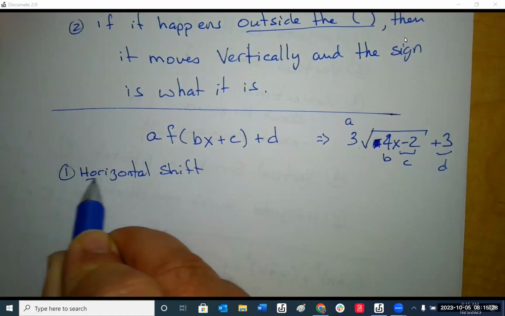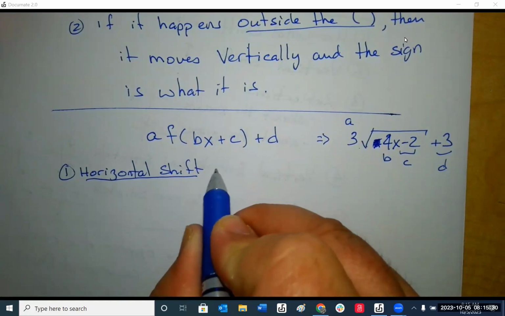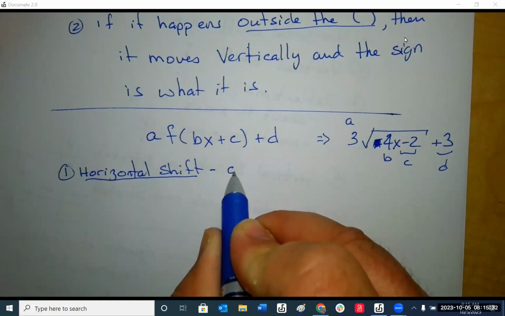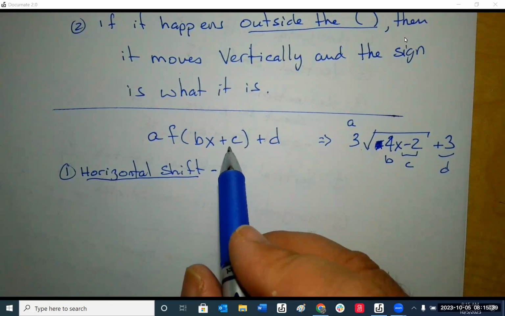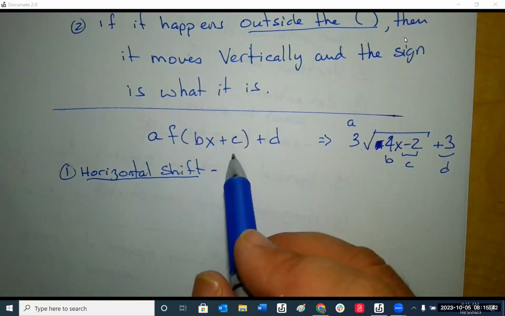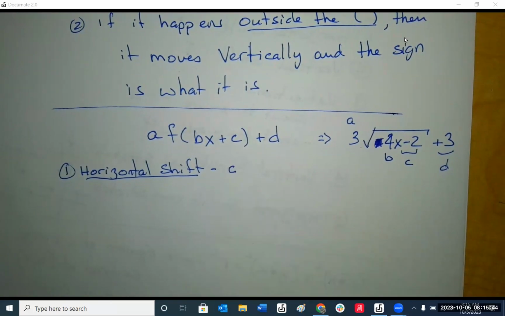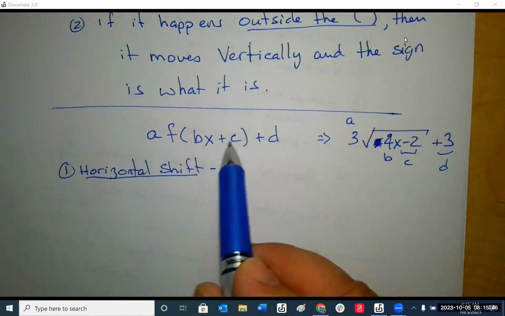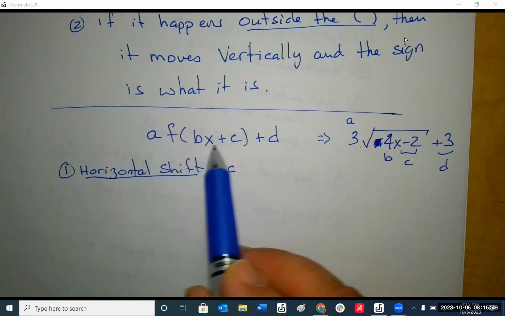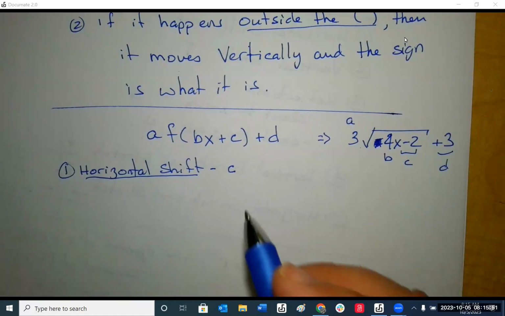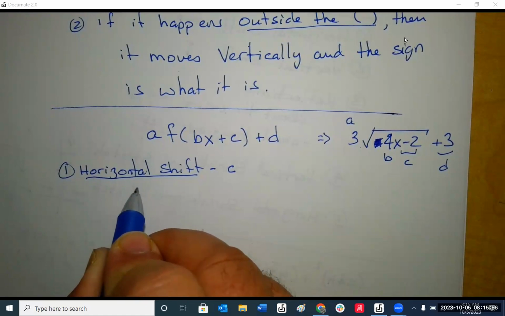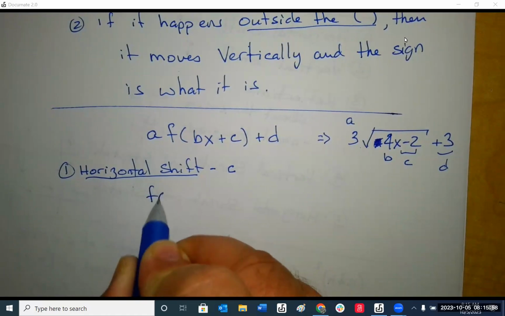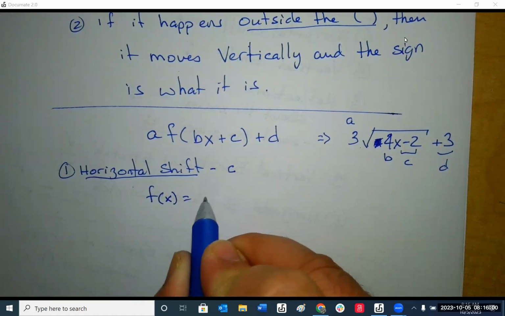The horizontal shift, let's look at that. The horizontal shift relates to the value of C. C is whatever's inside the function that's added to or subtracted from X. That's what C is. It's inside the function. It's added to or subtracted from X. So if I gave you the function of